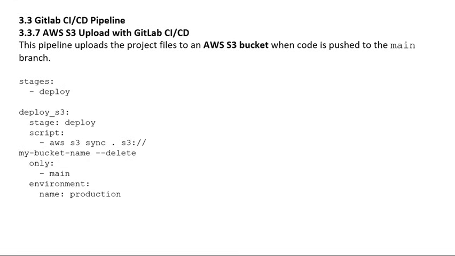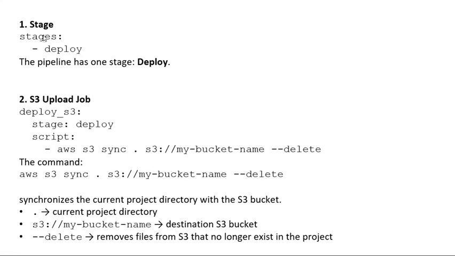Let's check the example and explain all the steps. First is the stage: stages: - deploy, and this pipeline has only one stage, deploy. Second is the S3 upload job, deploy_s3: stage: deploy, script: - aws s3 sync . s3://my-bucket-name